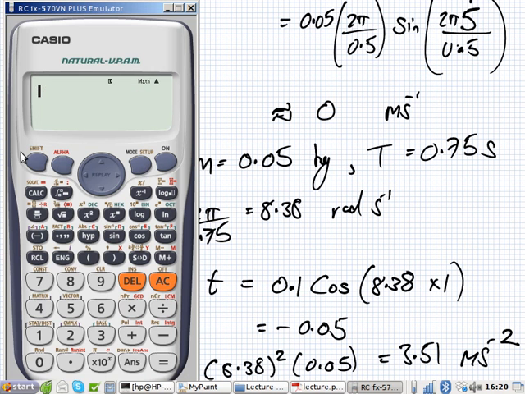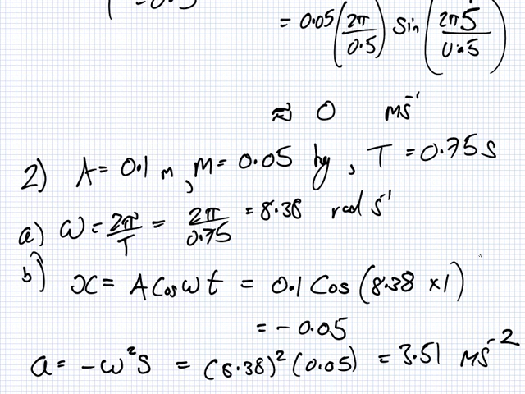Now, I first must put my calculator in radian mode. 0.1 cos 8.38. Their story checks out. How did you put your calculator in radian mode? Shift mode 4. So it has to be in radian. Yeah. Has to. I got the same. Can we change